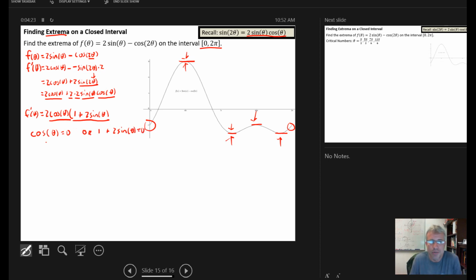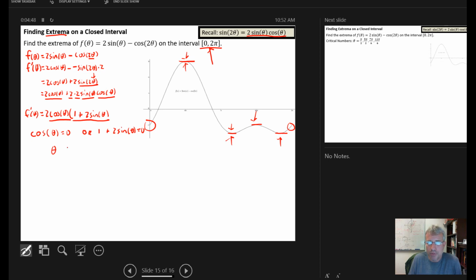I need to solve these equations over the closed interval from 0 to 2 pi. So I only want solutions on this interval. So remember, when we solve trigonometric equations, we get infinitely many solutions. But because we're working on the closed interval from 0 to 2 pi, we only want critical numbers in that interval. So in the interval from 0 to 2 pi,